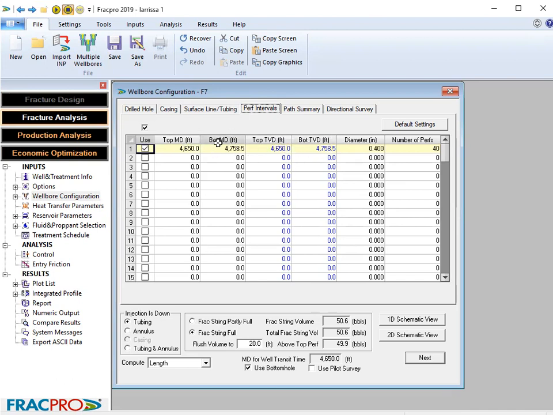I've explained the concept of measured depth and true vertical depth several times. Since we are dealing with a vertical well, our measured depth and the true vertical depth, top and bottom, are the same. Then we have the diameter. The diameter of the perforation is 0.4. Then we have the number of perforations, because you know that generally within that interval you have holes,